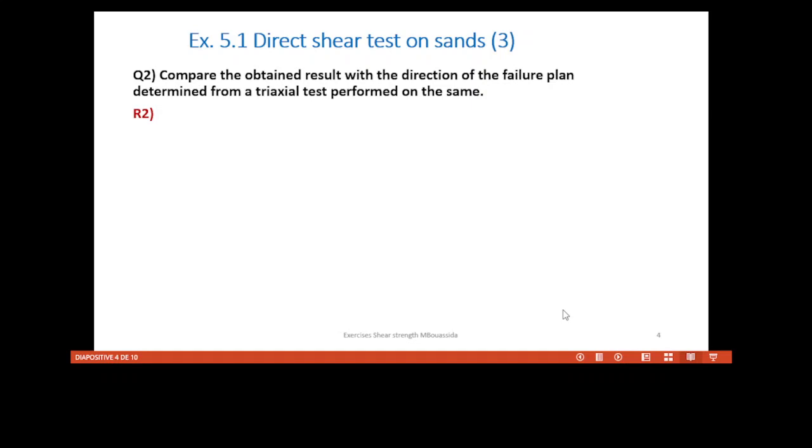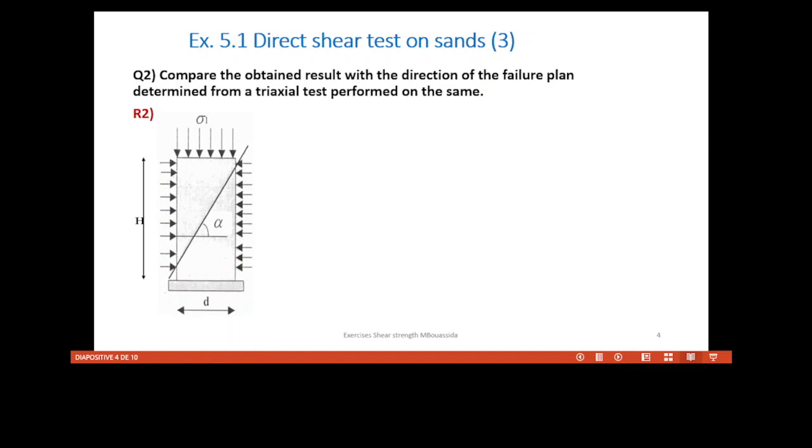Question 2 is to compare the obtained results from the direct shear with the direction of the failure plane in case we perform a triaxial test on the same sand. So the reply is, first, to remind that when we do the triaxial test, the specimen is subject, especially at failure, only to the major principal stress sigma 1 on the horizontal plane, and sigma 3 the minor principal stress